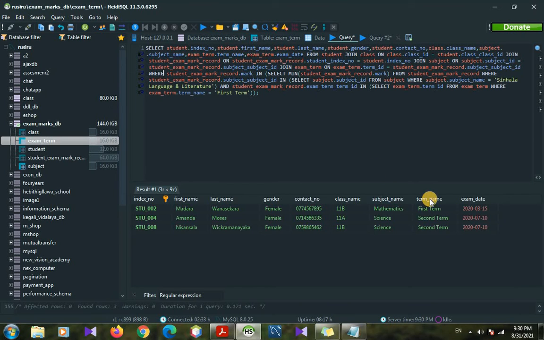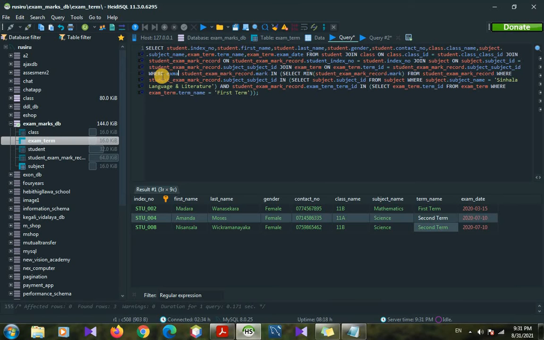So here you can see it's coming second term records also. So it's asking only the first term. So here we can type the where keyword in the main query.